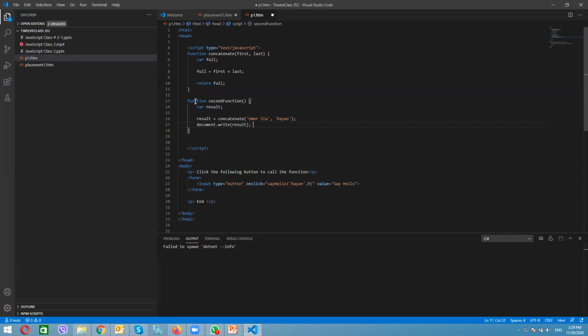Okay, now what I'm doing, I only created two functions, but I did not call them anywhere. So how do I call them? I have to use my body. Okay, I close the head. Let me take the same thing, an input type as button, on click, and on click I will call